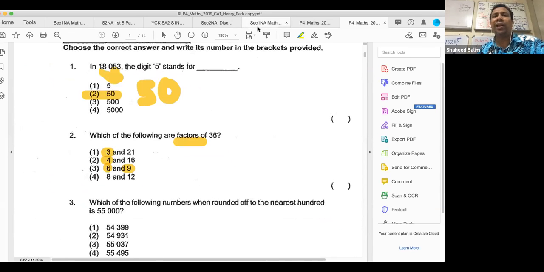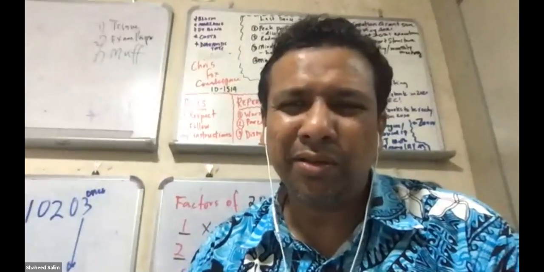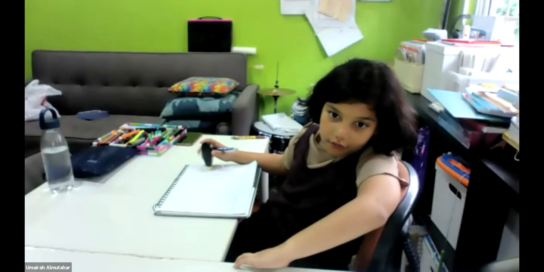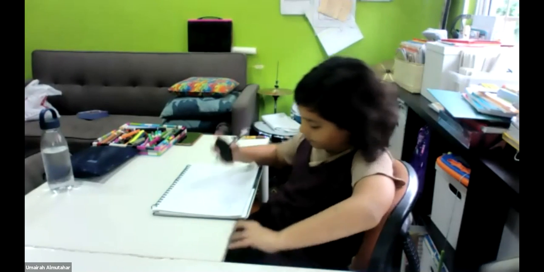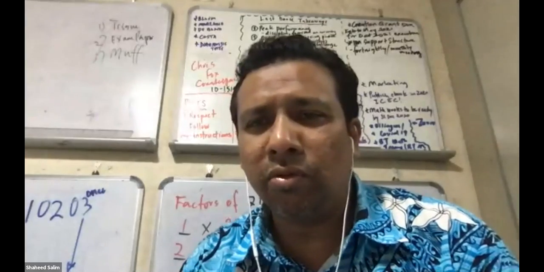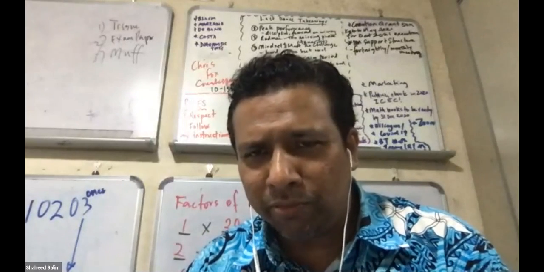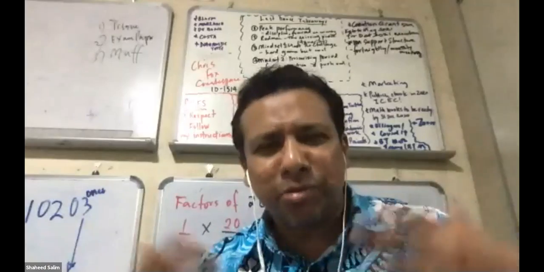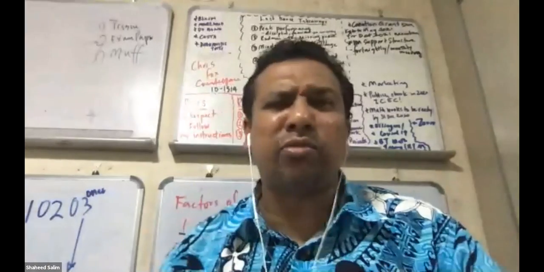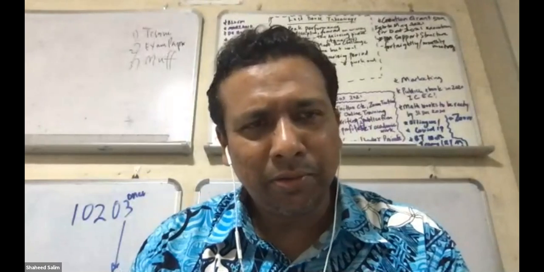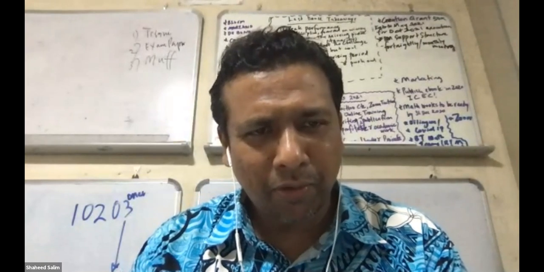Rounding off. What is the meaning of rounding off? What is rounding off, Umara? Must round off to the nearest number. But what is it? I don't have to explain. Do you know rounding off? Rounding off to the nearest number. But what is it? Because normally we learn maths, we don't know what we are doing. We do round off, lowest term. What is all this? Do you know?